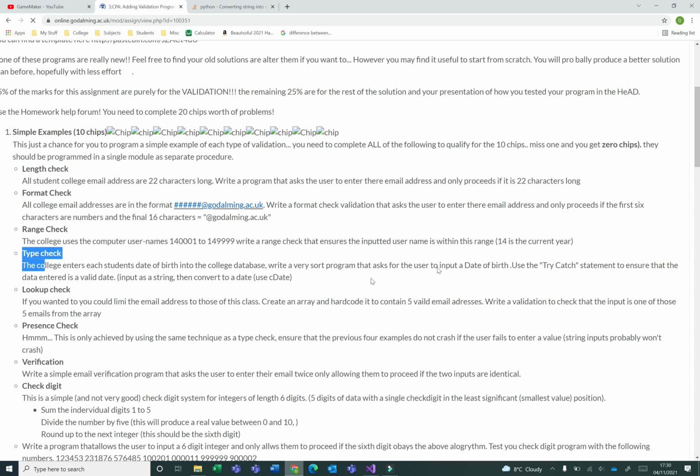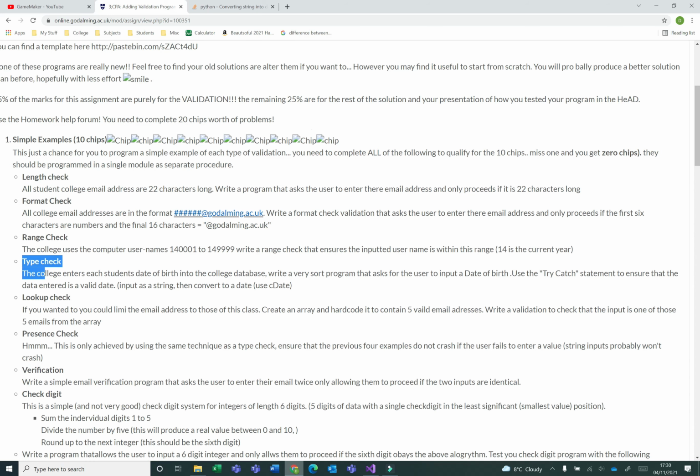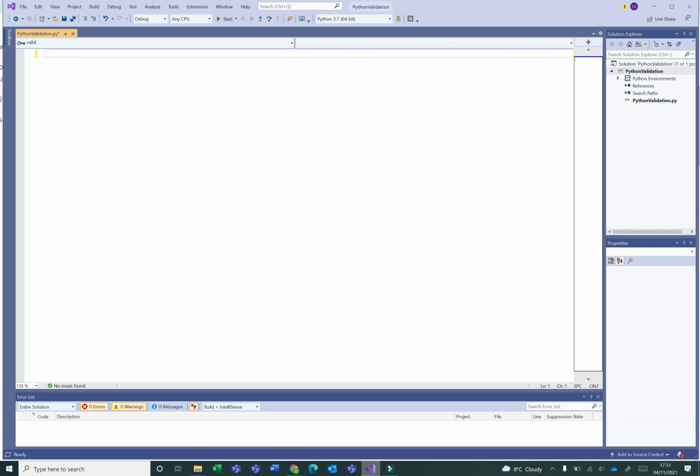Now, I should point out that try catch is a Visual Basic and C# term. Try catch in Python, it would be try except. And CDate, again, this is Visual Basic based, so CDate is convert to date in Visual Basic. You don't do that in Python, so something else is needed for Python. All right, let's have a look at, first of all, what the try except is all about.